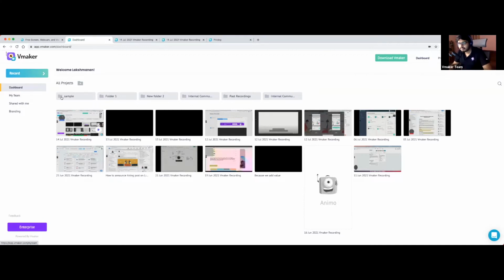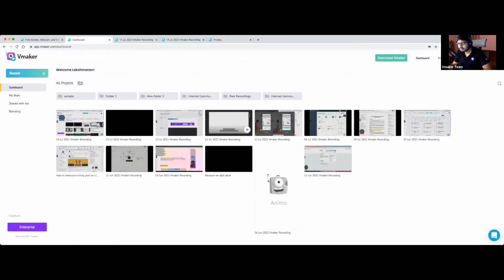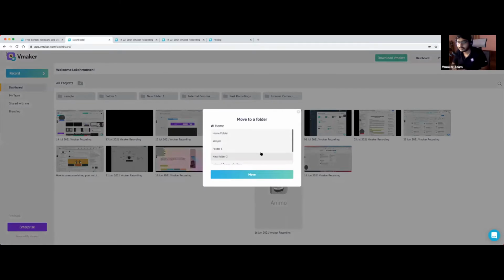Firstly, you have the option to create folders. Folders are a good thing to have so that your dashboard doesn't look like what I have here. For example, if you're working on a specific project, you can group videos according to it, and based on that, you can continue to organize whatever videos you have. To move a video to a particular folder, you can just click it and drop it just like that. Or right here it says move, and you can click move to, and then select a folder as well. Whichever is easier for you, you can choose it.